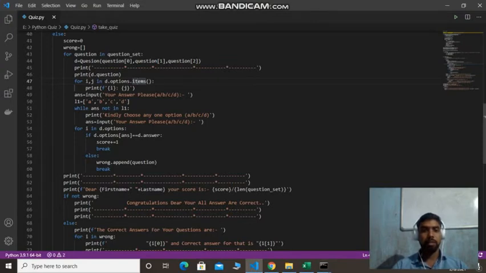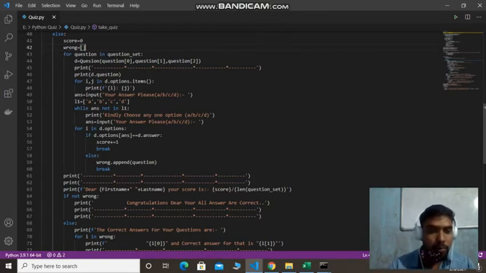Then it needs an input from the user, and if the answer is matched, then it increases the score. If not matched, then it appends that particular question to the wrong list, which we need for further use. And now, before that,